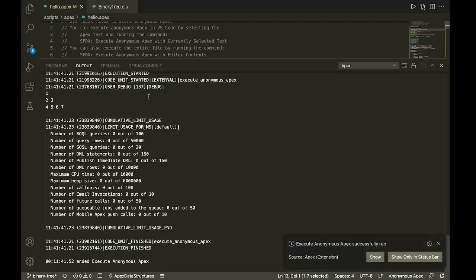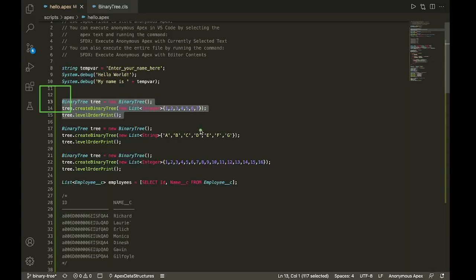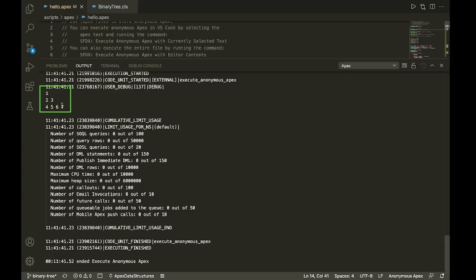If you see here, my binary tree is created successfully, and this is how it looks. This is the output. My output is perfectly correct, 1 2 3 4 5 6 7. If you see the input that I gave right here, it was nothing but 1 2 3 4 5 6 7, and I got my output in the same manner. So this means I'm getting the correct output, and the binary tree is also created fine. It is created like this: 1, and then here 2, and then here 3, and then we have 4, 5, 6, and 7. It is the same example that we executed just now.